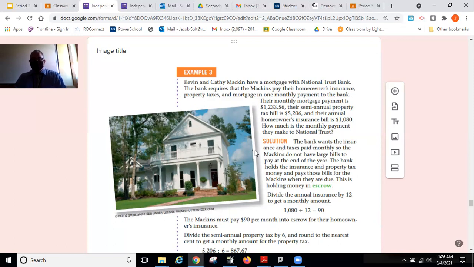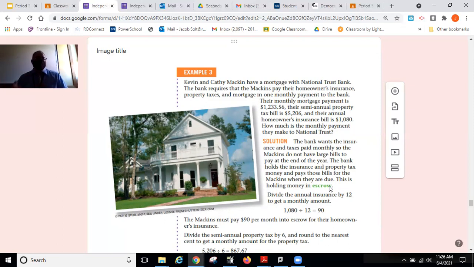The bank wants insurance and taxes paid monthly so the Mackins do not have large bills to pay at the end of the year. The bank holds the insurance and property tax money and pays those bills for the Mackins when they are due. This is holding money in escrow. So what they're saying here is that